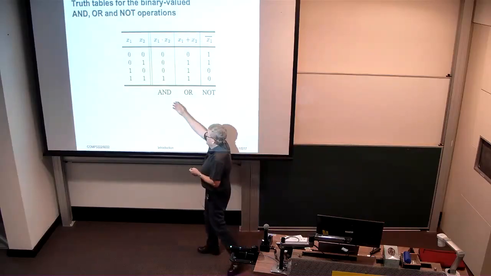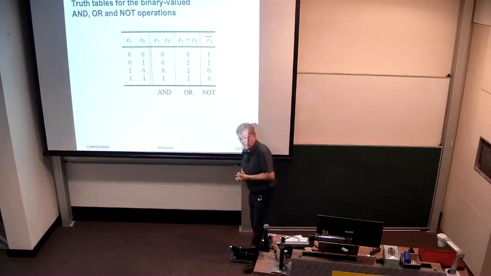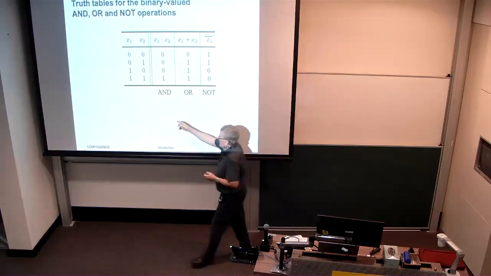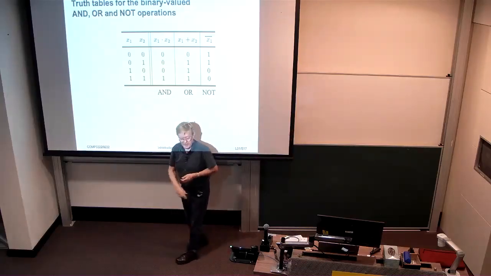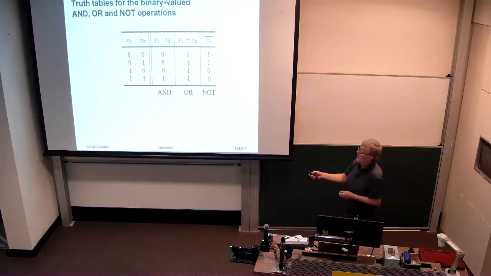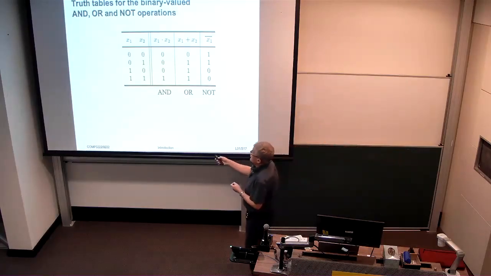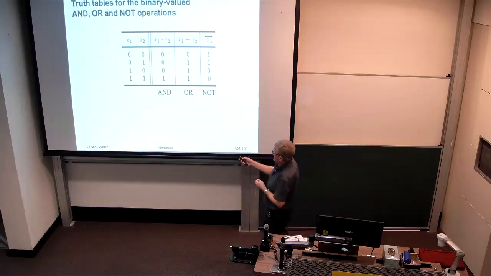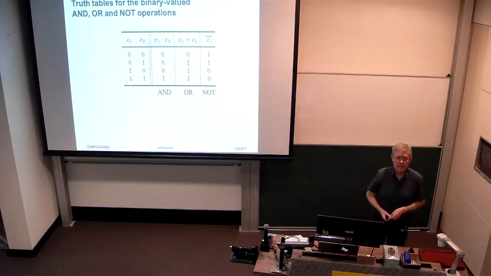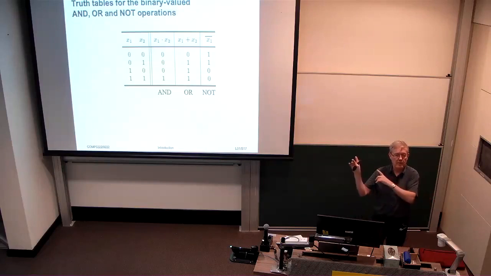We have the AND operation, where two switches are combined. The possible states of the switches are listed here in the left two columns. This is a so-called truth table, where we consider all possible combinations, all four here. The AND function, the OR operation, and the complement or NOT operation are listed there. Are there any questions on this table?